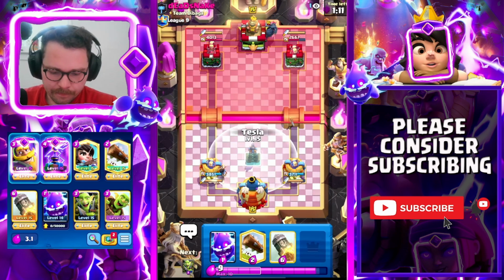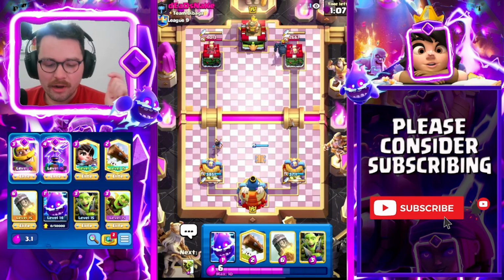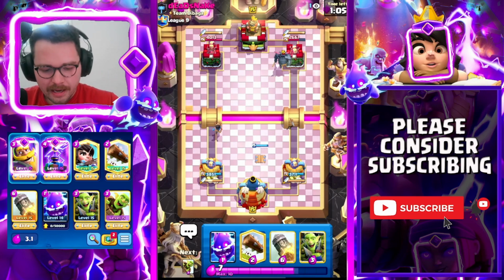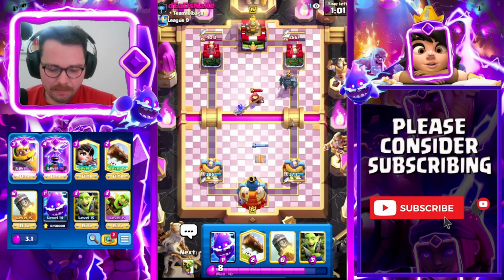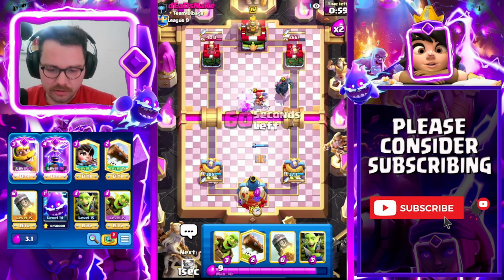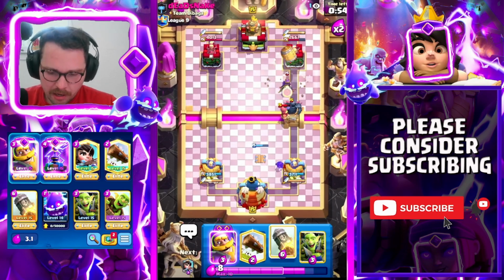Perfect. Okay. So we're going to Tesla like this. I didn't want to give him spell value on both my Princess and the Tesla. And if he goes for an Evo Battle Ram, we can rock it. But like I said, we really just need to play around the Mother Witch. That is the card that is like the trump card in this matchup. That make or break...